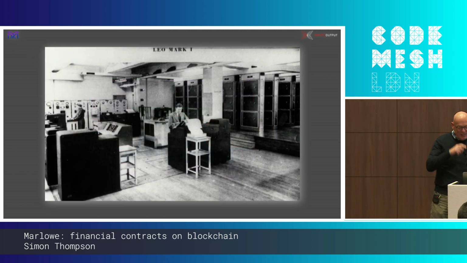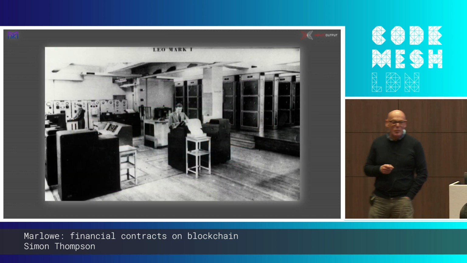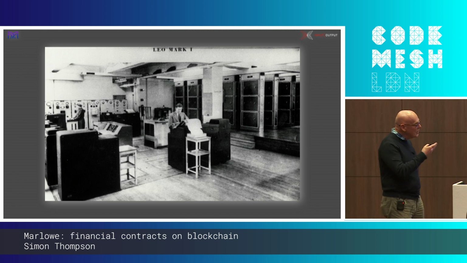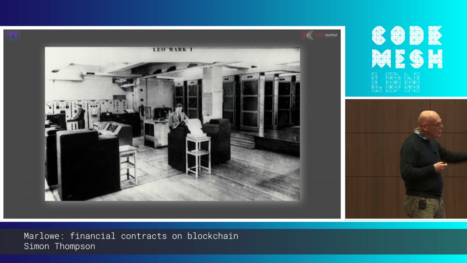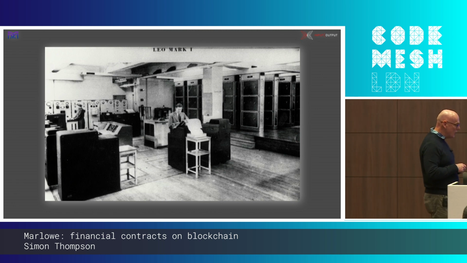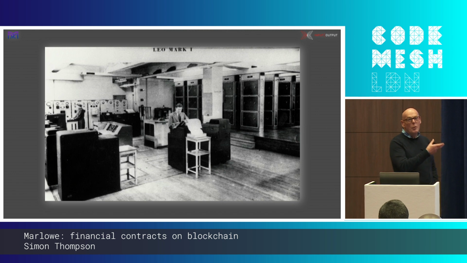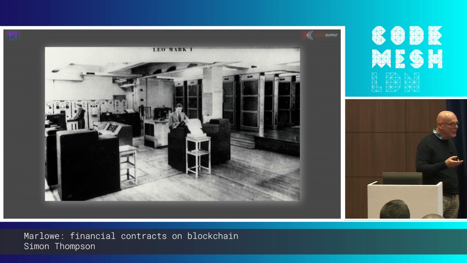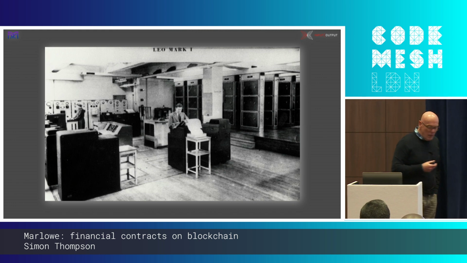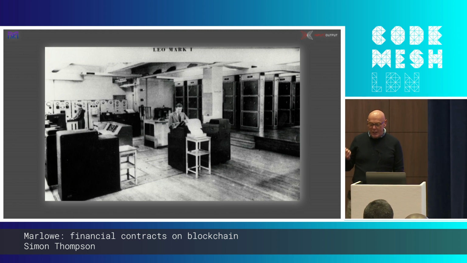So we've been talking about the history of programming this morning. It's nice to show some old black and white pictures of computers. Now I'm showing you a slightly different one here than the ones we saw. This is the Leo, which was the first commercially used computer, certainly in the UK, I think worldwide. It was a version of the computer produced at Cambridge,